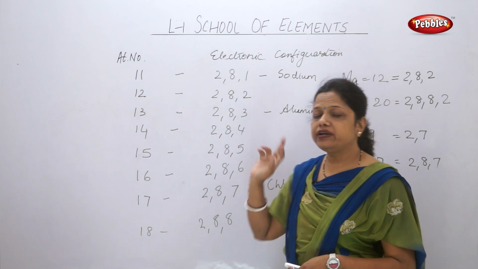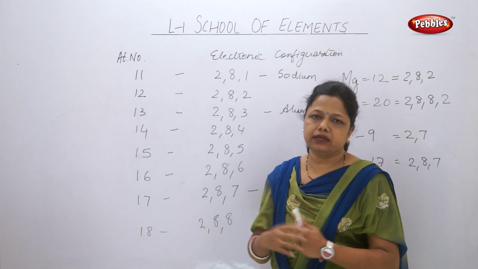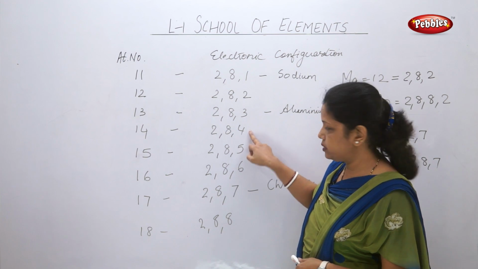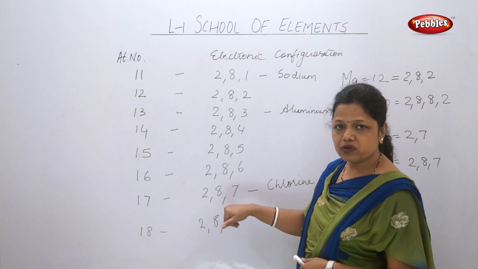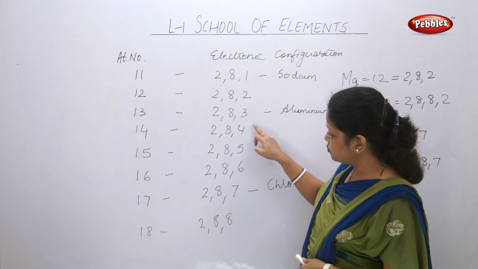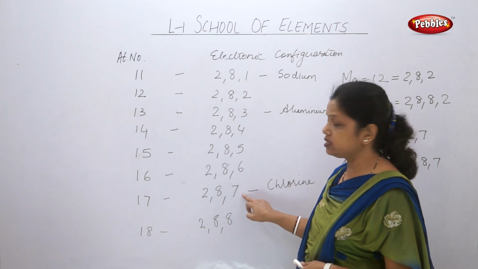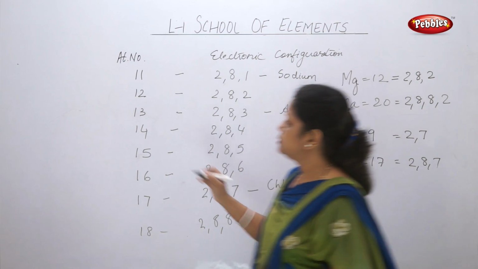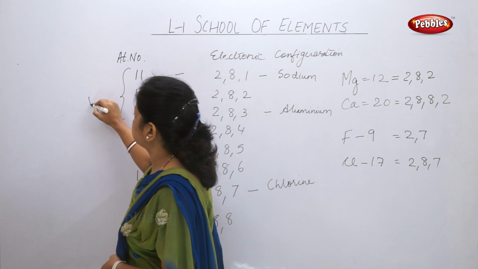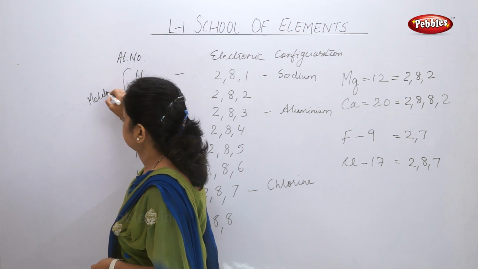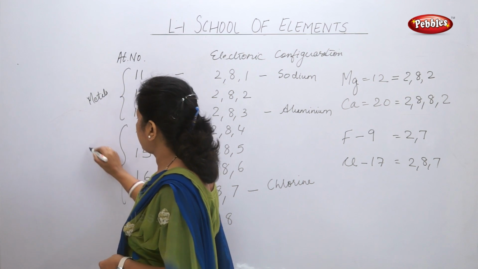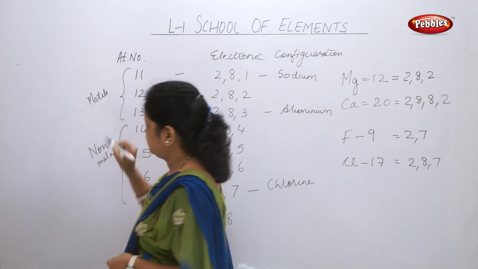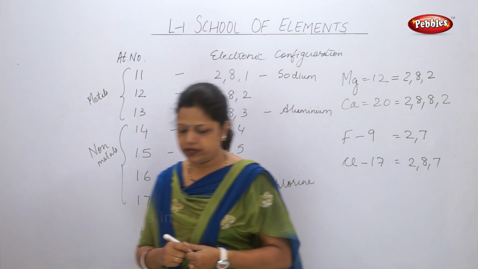With 4 electrons, it's very difficult to give out. It shares electrons, so it is not a metal. It shares electrons. It is a non-metal. This takes electrons from someone. This also takes electrons. So based on the last digits, you can find out which are metals and which are non-metals. So the first 3 are metals and these 4 are non-metals. This is how we can find out.